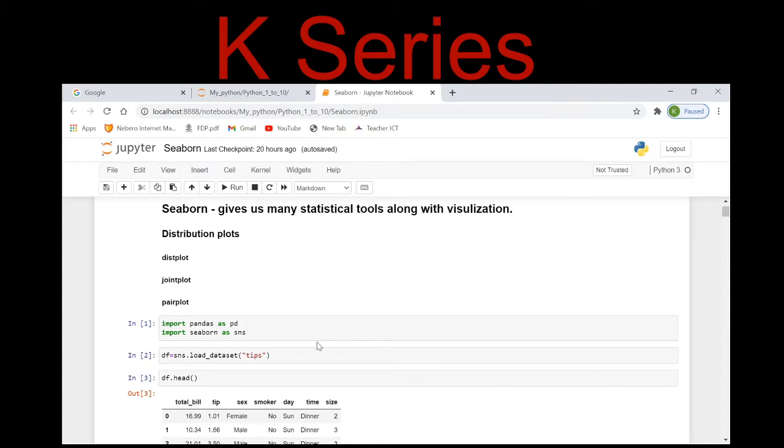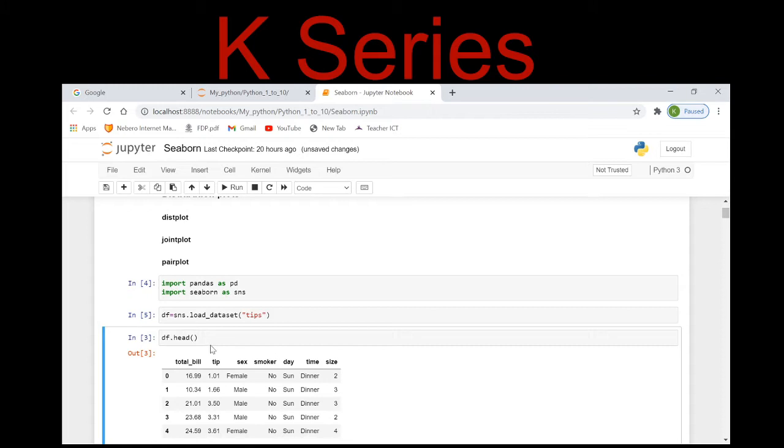Now starting with my first cell, that is importing pandas as well as seaborn into my file. Okay, now here I am using the dataset tips, which is already provided in the seaborn library, and I am loading it so that we can use it for the learning purpose. To get the dataset view, I'm using the .head function, which will provide me the first 5 rows.